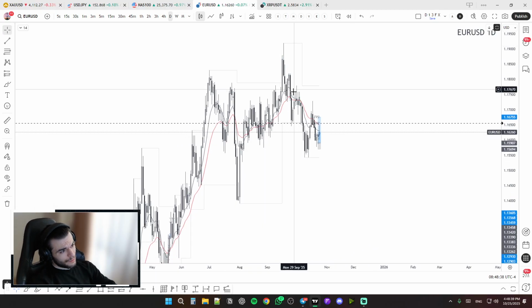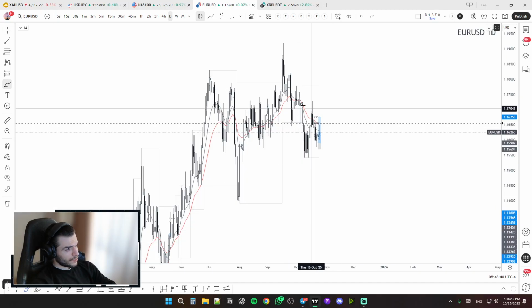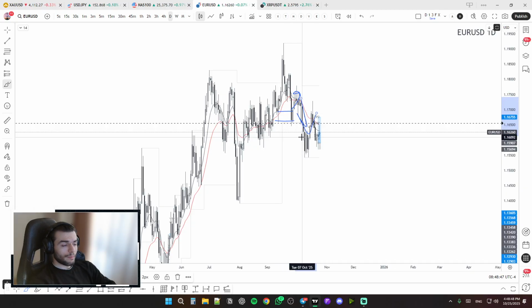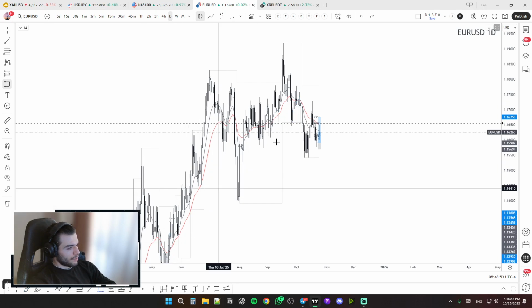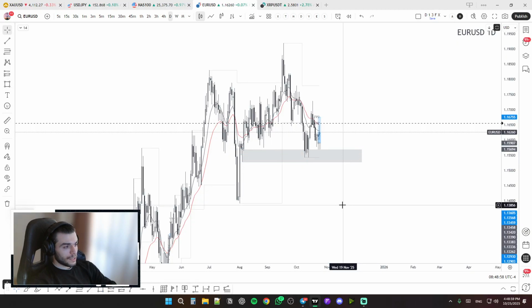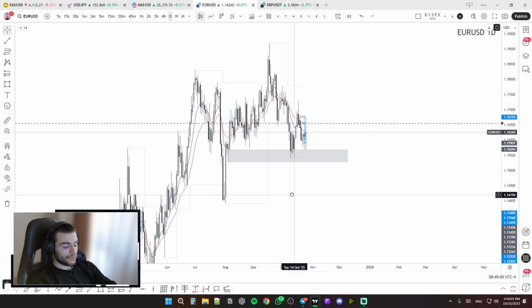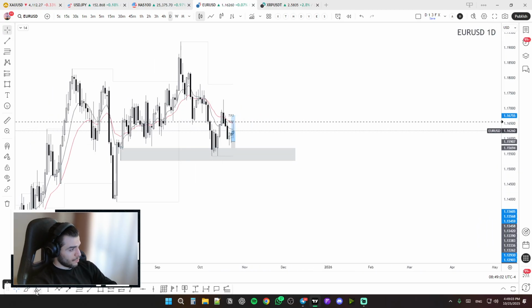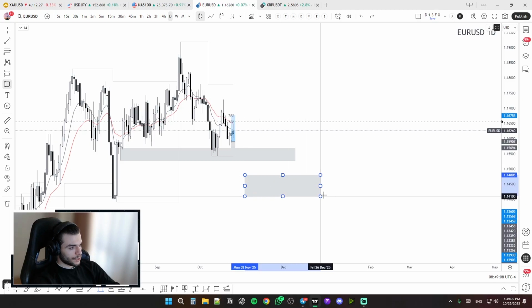As you remember, even here we were looking for longs, which did happen from this level, but the market failed to maintain that bullishness and broke down even lower. Then I told you about two levels. If I'm not mistaken, it was the demand level, at this area we were expecting the longs from, which already did happen as well. But by the way, guys, the market moves